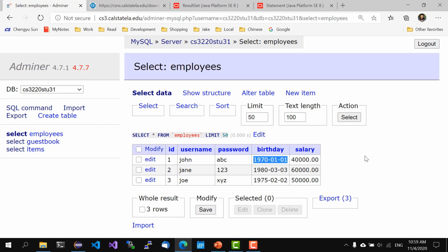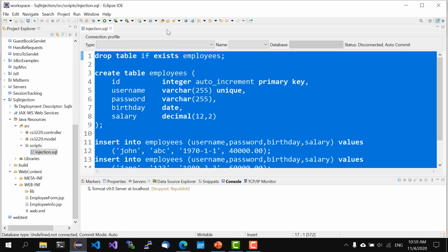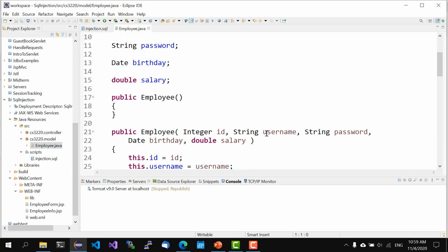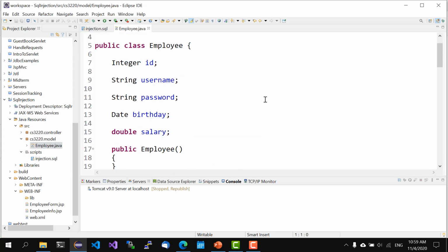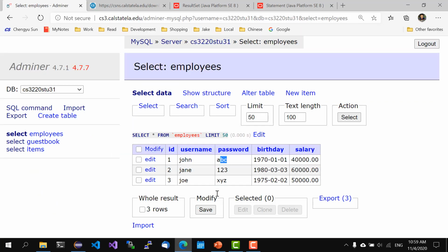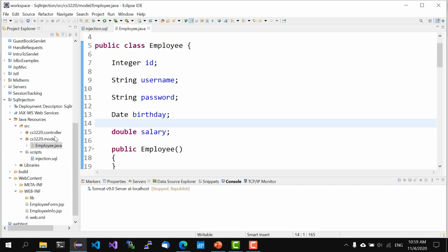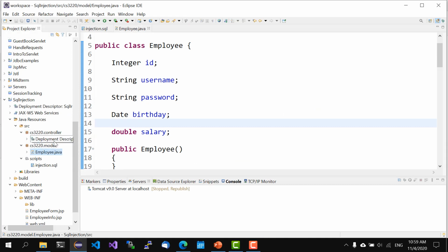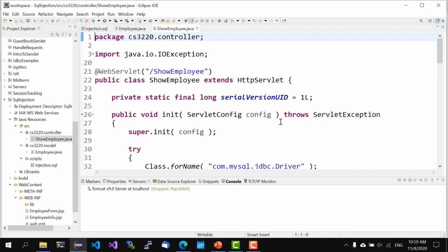So let's say that we want to create an application where each employee can see their own information but nobody else's information. So this would be something we build. We are going to do MVC, of course. The model class will be an employee class with ID, username, password, birthday, salary, corresponding to the columns in the table. And then we will have